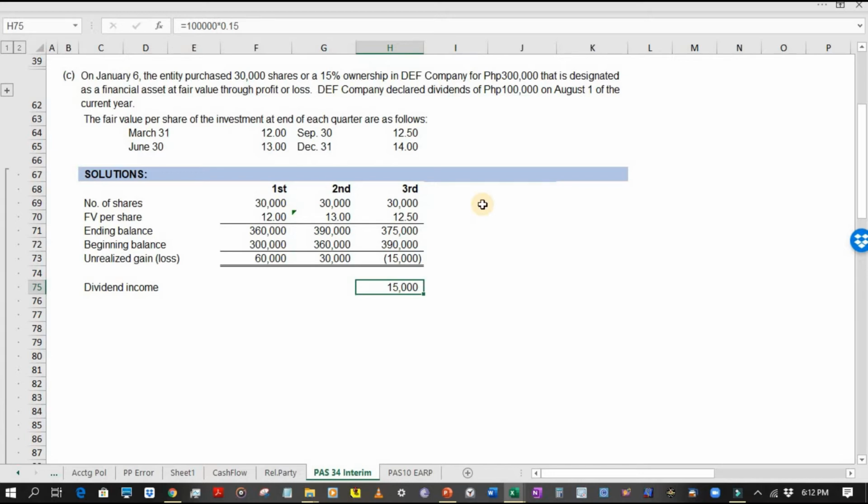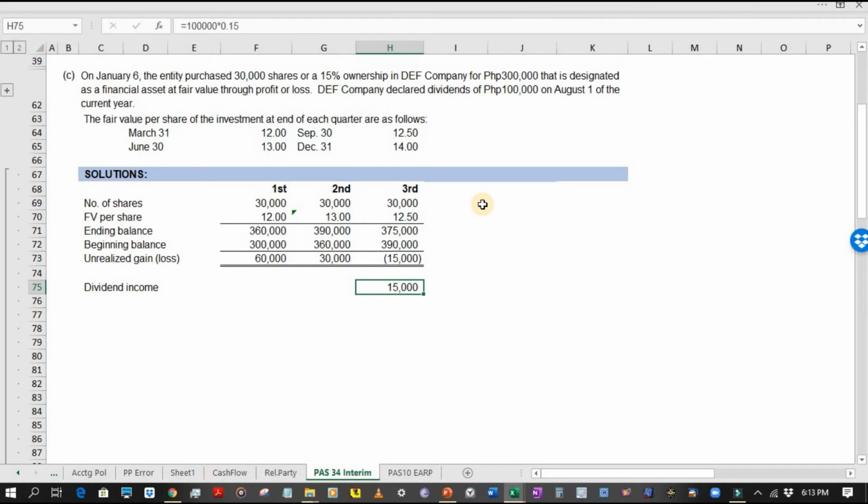Again, for revenue, the same concepts and principles applied for annual reporting shall also be applied for interim purposes. So regardless whether annual or interim reporting, revenue is still recognized when earned. So if the dividend income is earned in August because the investee declared the dividends in August, of course, the revenue should only be recognized in the third quarter. We cannot anticipate the 15,000 pesos in the second quarter